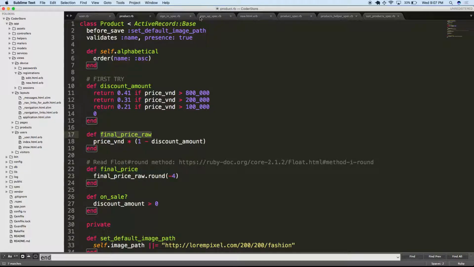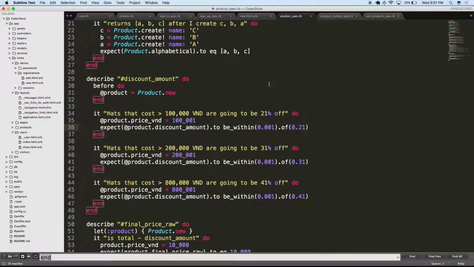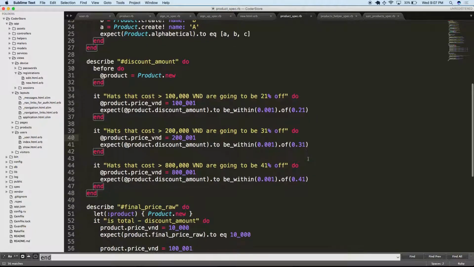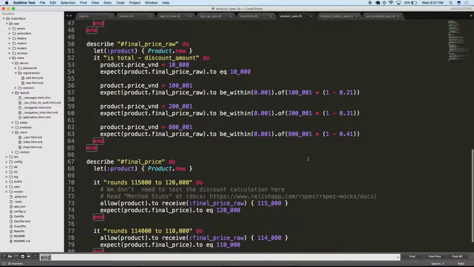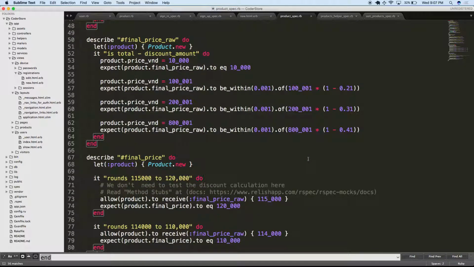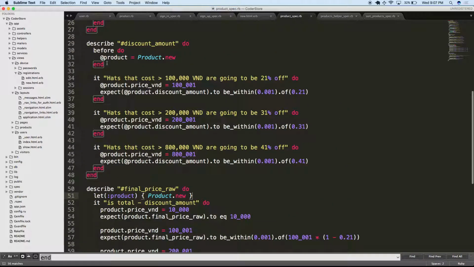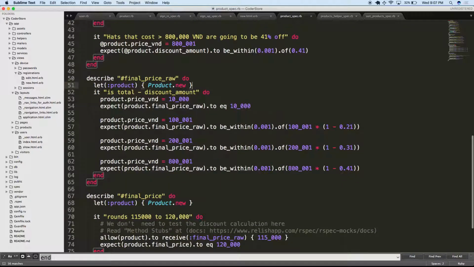And so now we have these functions, and we can test out final price and final price raw. If we go back to our test, we tested the discount amount. If we supply some sort of value, we can then make sure that the discount meets our expectations. Now let's go ahead and test the final price and the final price raw. And you'll notice one thing of interest is we start to use a let statement, right? Before we were using a before statement, and now we're using a let. And what's the